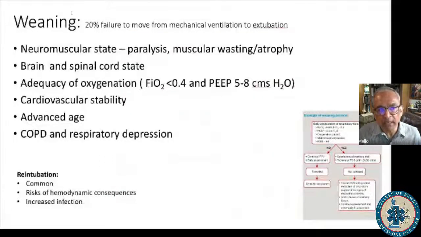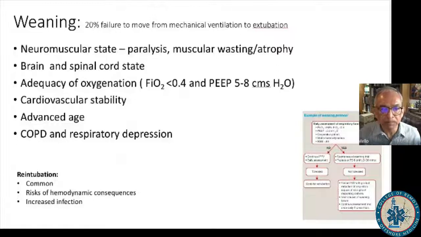So the weaning is really a difficult process in about 20% of patients who you're trying to extubate. And as I've described just with the last slide, you need to make sure that the patient's no longer paralyzed, that you've minimized the degree of muscular wasting, especially that of the diaphragm, and it hasn't atrophied and become fatigable. The state of the central nervous system is also important, and a brain where the patient is alert and able to cooperate, and there is no damage to the spinal cord, especially at C3, 4, and 5,